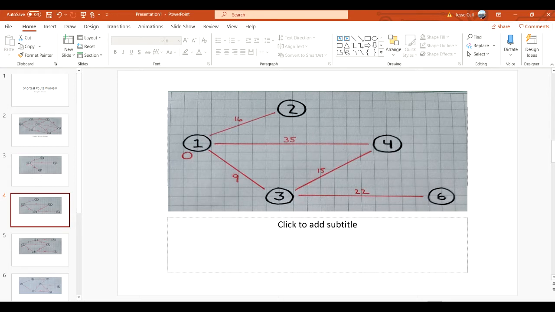The first thing we do is we check what is connected to node 3. We see node 3 and 4 are connected. Node 3 and 6 are connected. So we went from 1 to 3. Now we can go from 3 to 4 or 3 to 6. We choose the shortest possible situation. So in that situation, we have